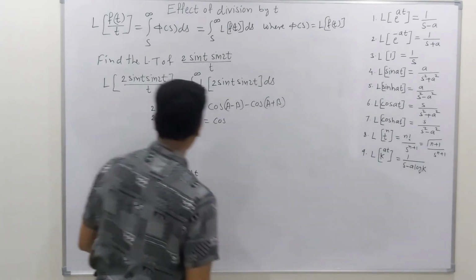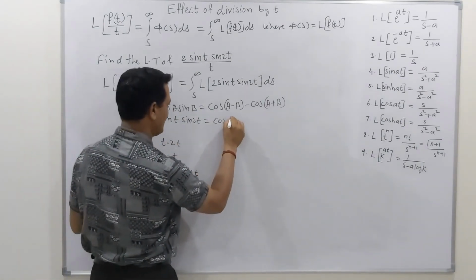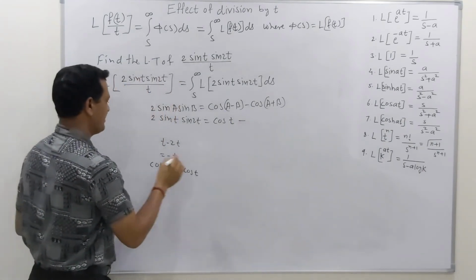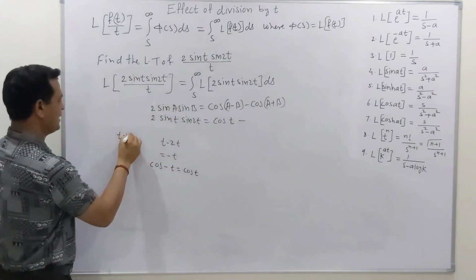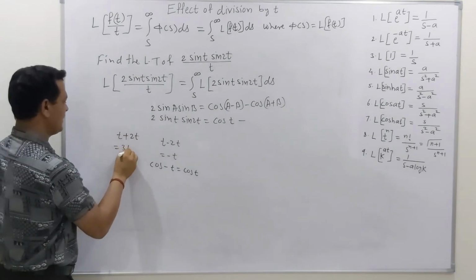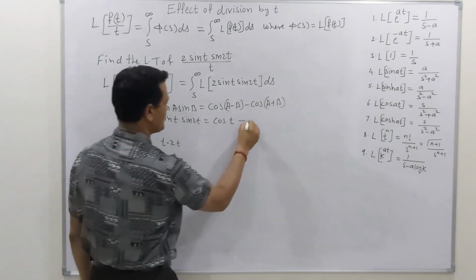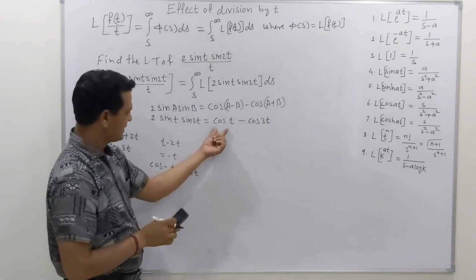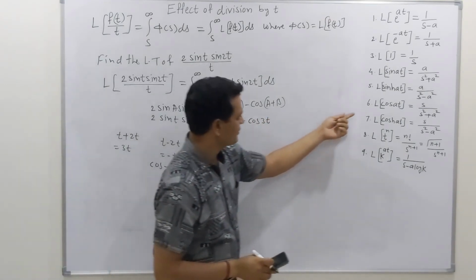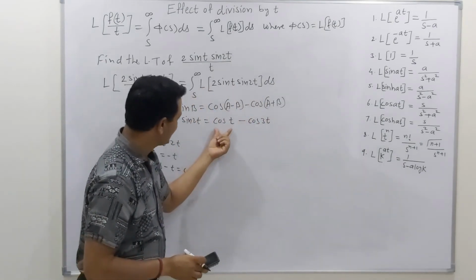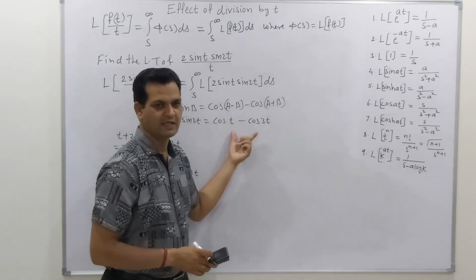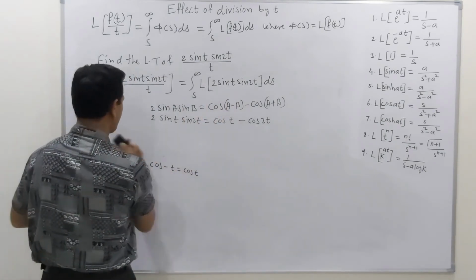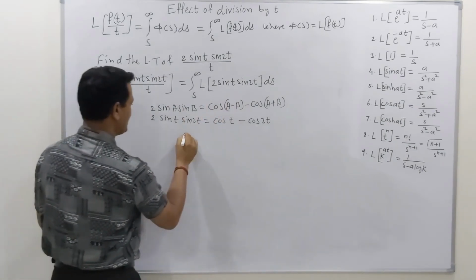So now if we apply this concept, then we get this value as cos of t minus, so a plus b, that means this is the value of t plus 2t, so we get the value as 3t. So now this is cos of 3t. So now here we get a single term. Now because of this formula, we can easily take the Laplace transformation of this single function. Now put this value in the Laplace transformation, we get next step as,